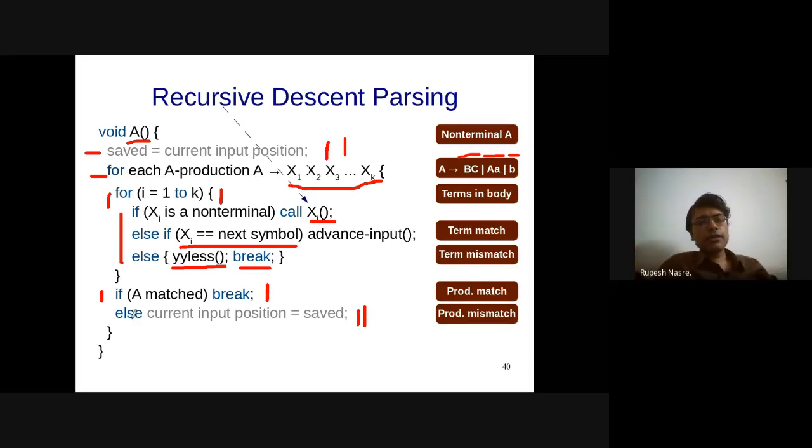So I think that is not properly mentioned here. Whenever I do an advance input, I need to make sure that I increment the number of elements that I have matched in this production. Then only I am going to say that A is matched. This is more like a simplistic version. So you will have to keep track of whether that is matching or not. Any other concerns, questions?